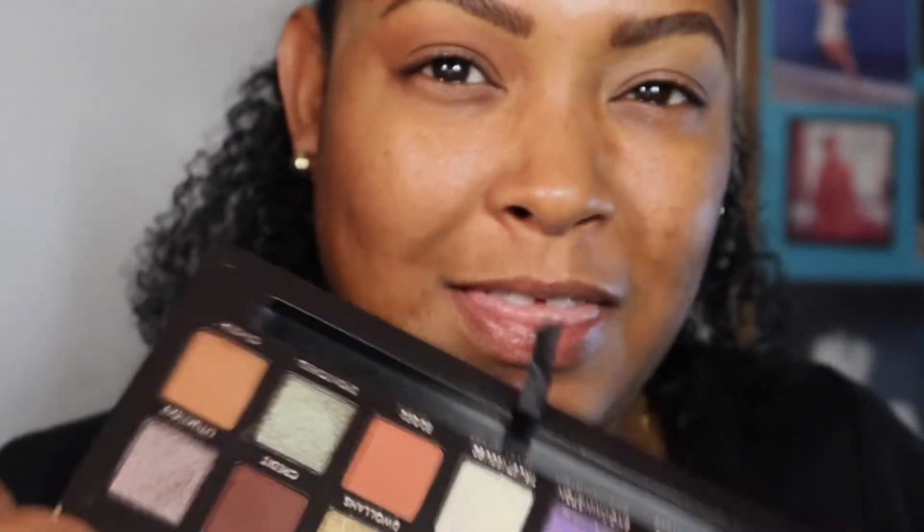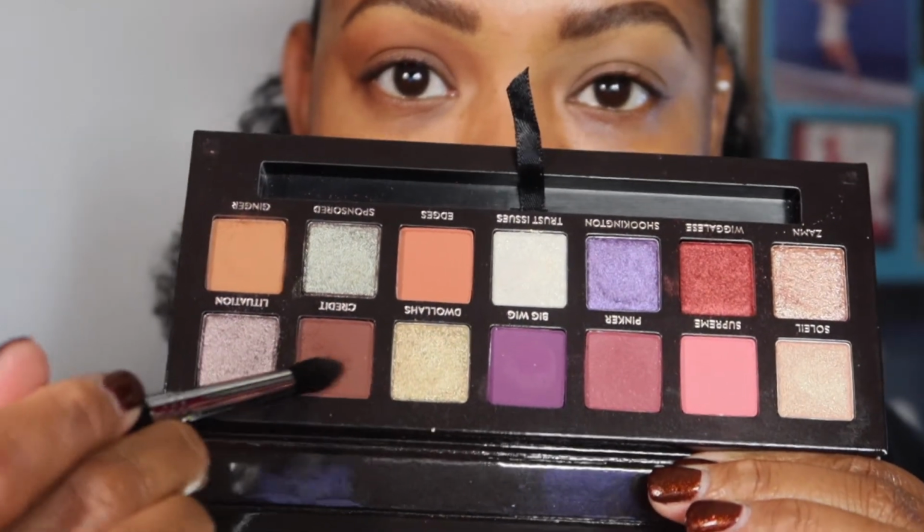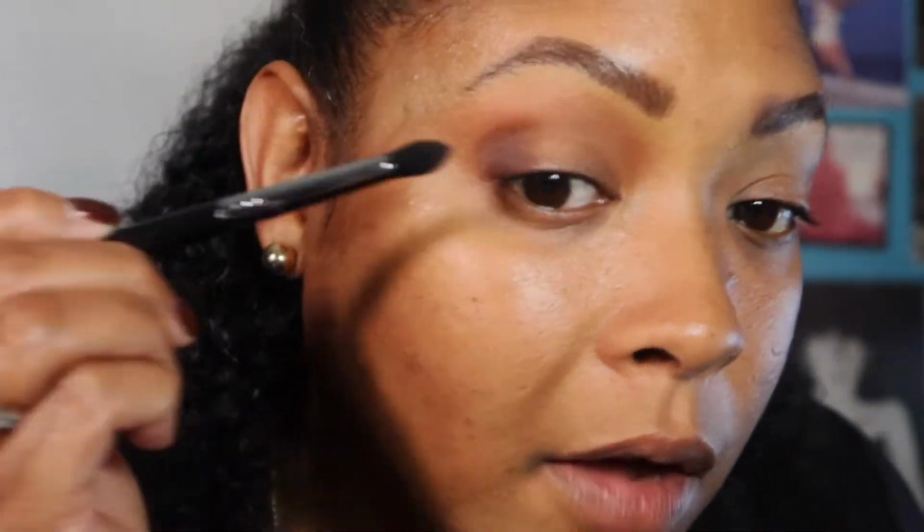Okay, then I'm going to take a Sigma tapered blending brush, which is an E45, and I think I'm going to go into the color Credit here, which is this deep brown. It looks kind of plummy, but it is a brown. I like this brush because it's tapered and it's at kind of an angle and it's kind of small, and I kind of have a small lid, but I'm just gonna make it into like the shape